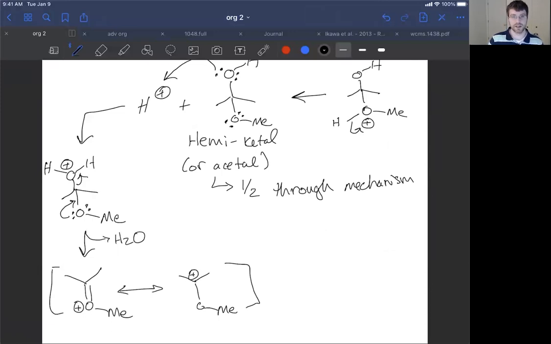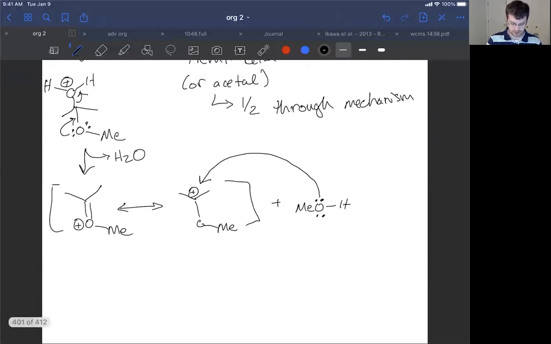H2O floats away, and if we're actively removing it, we're driving the reaction forward. At this point, we're going to add some methanol to the reaction. Methanol is already added to the reaction. We're going to add methanol to our molecule. So the lone pair of electrons once again see a positive charge on carbon that will add